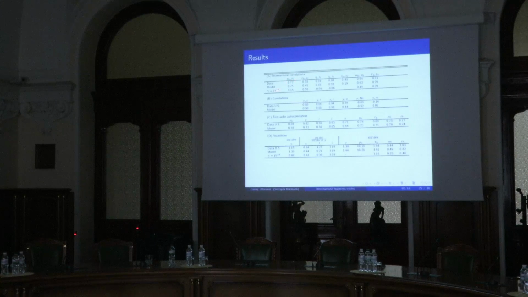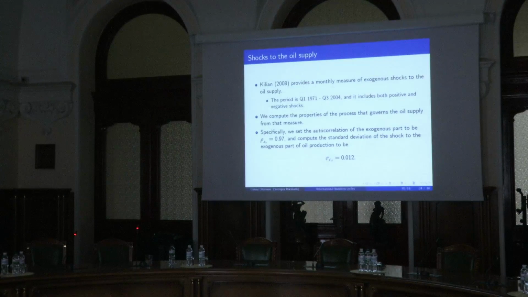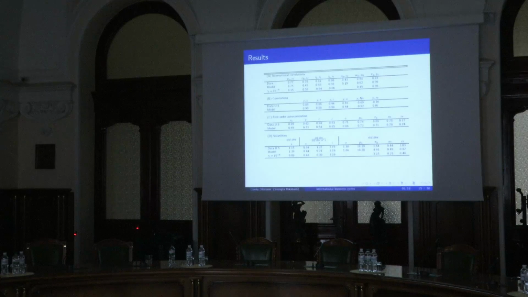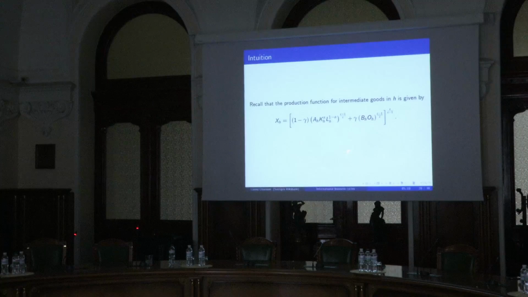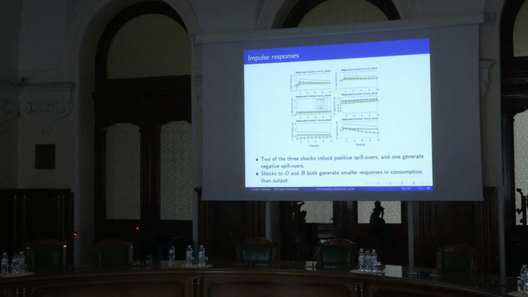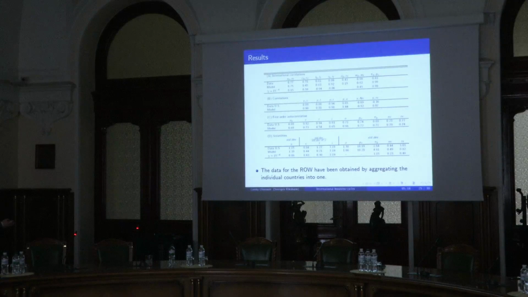most models. And we did another experiment. This gamma, we said it would be very, very low. What was the gamma? Well, the gamma is a weight on oil. So we drive that to 0 basically, just for comparison, to try to make oil less important. And if you do that, then you get exactly what a standard model would predict. It will say that the correlation for output is 0.15, very low, close to 0, and for consumption